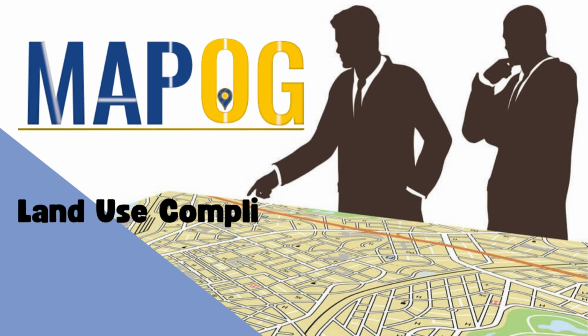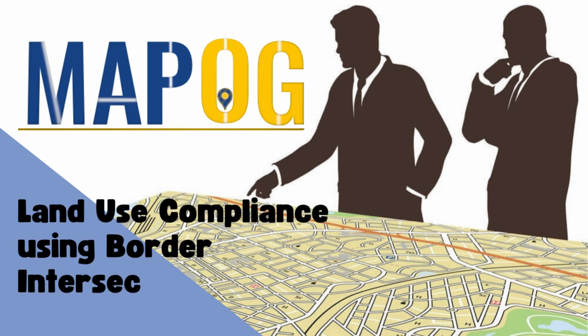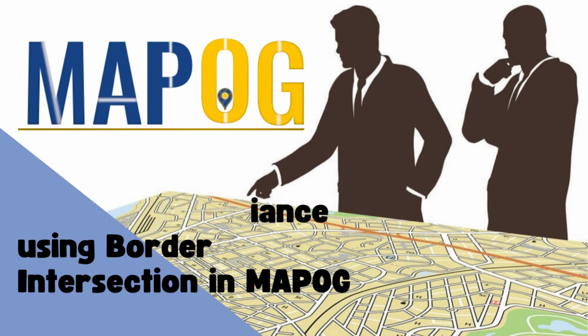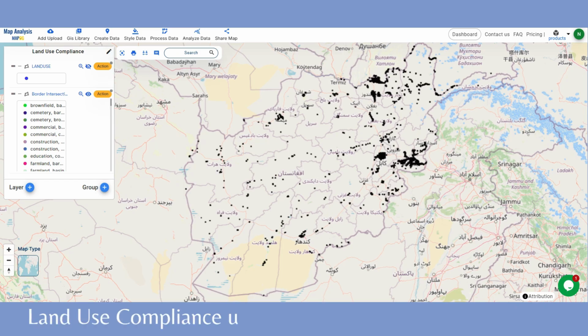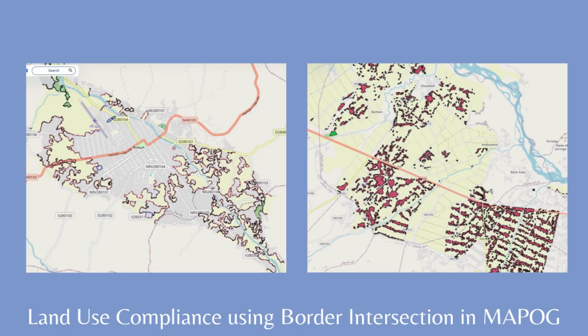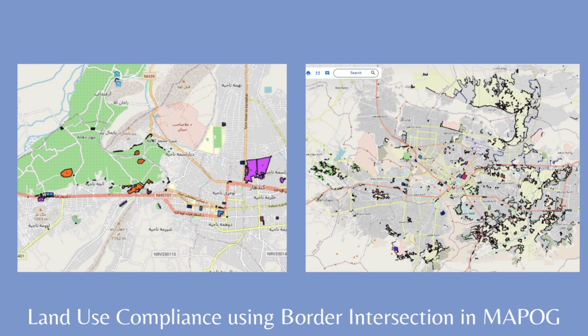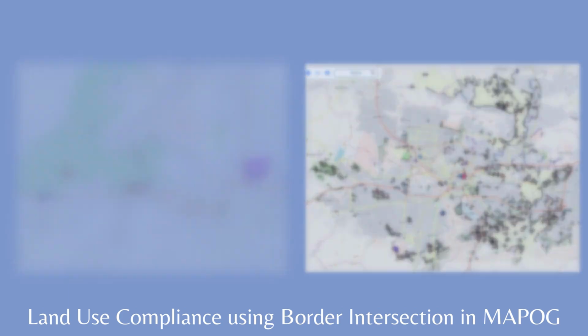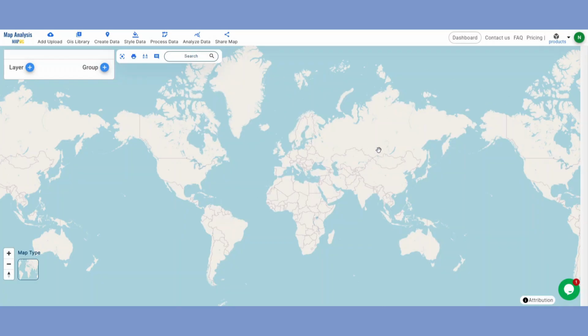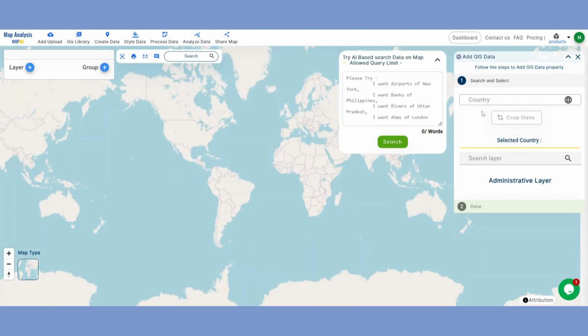Do property owners and developers sometimes use land in ways that do not comply with established zoning regulations? MAPOG's border intersection tool enables urban planners and compliance officers to analyze property boundary intersections with zoning attributes to identify non-compliance areas. Launch the Map Analysis interface, go to GIS Library and search for a country first and its land